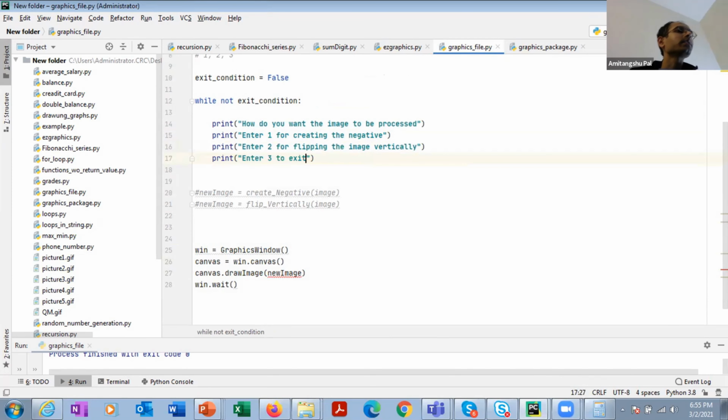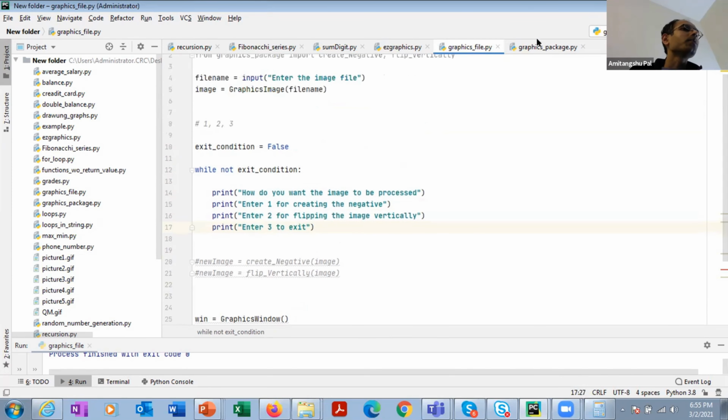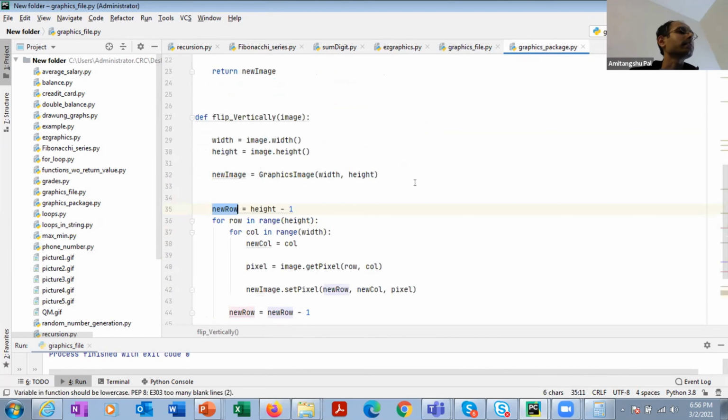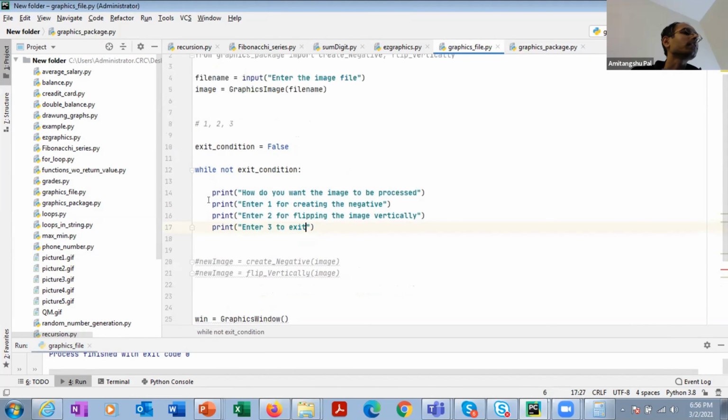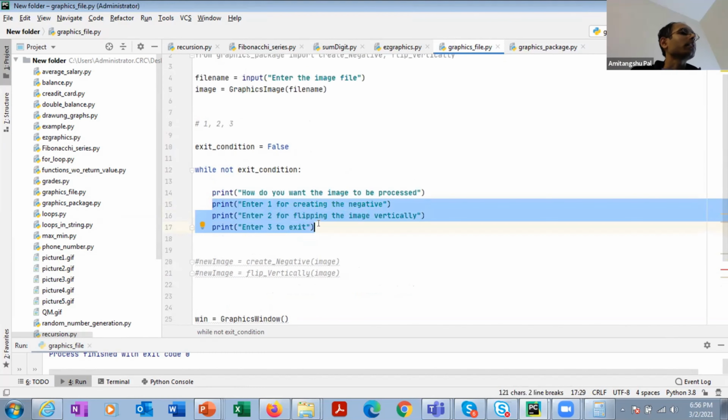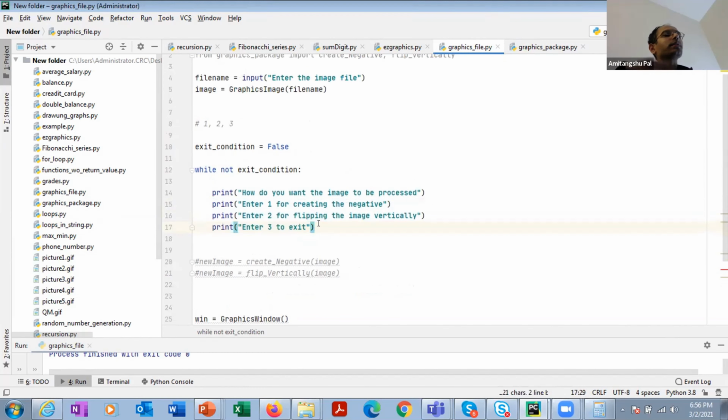Okay. Here I just have two functionalities. If you had more functionality like flip horizontally, make it 15% darker, rotate 90 degrees to the left, rotate 90 degrees to the right, then you could increase the number of different cases. But here I am just showing you with only two functionalities.